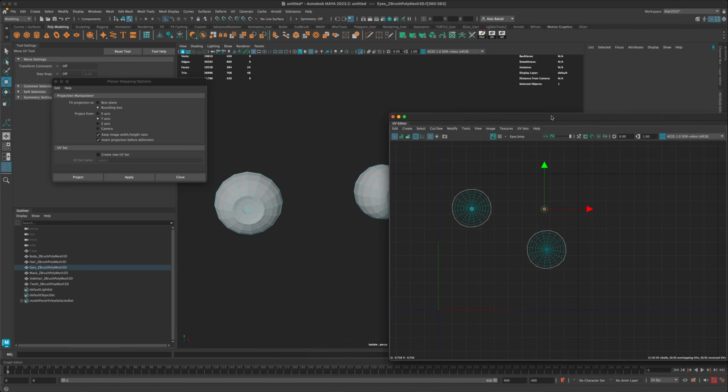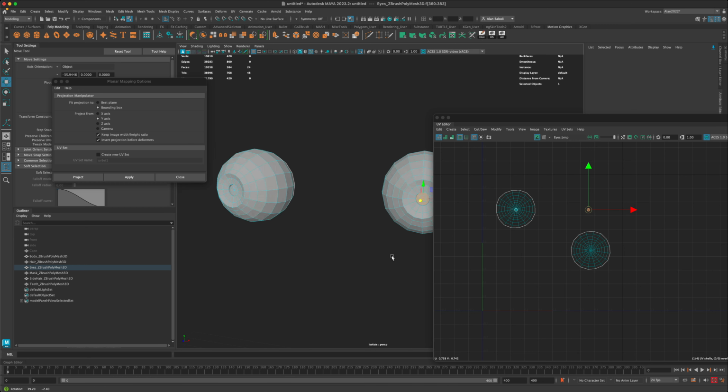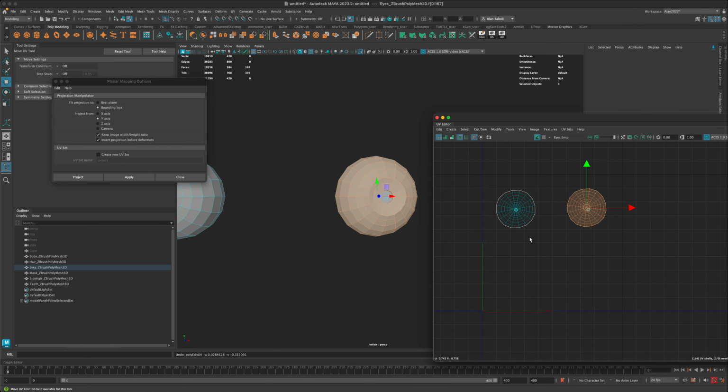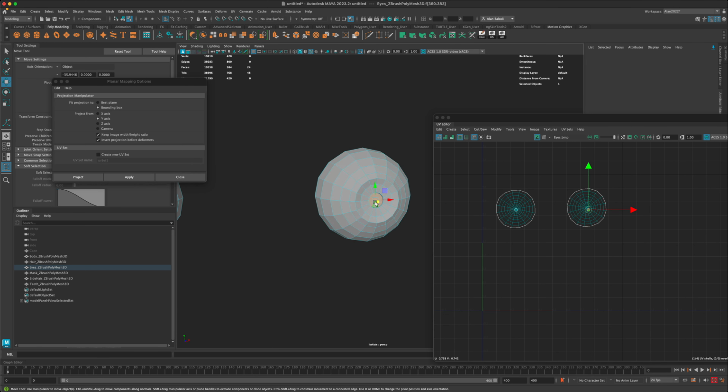I don't know what this is. What is this? All right, so the pupil is separate. I actually don't think I like that. I'm gonna delete this,